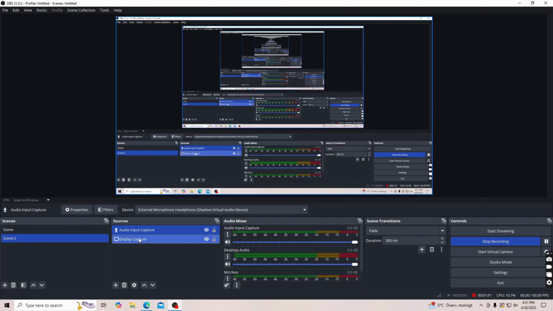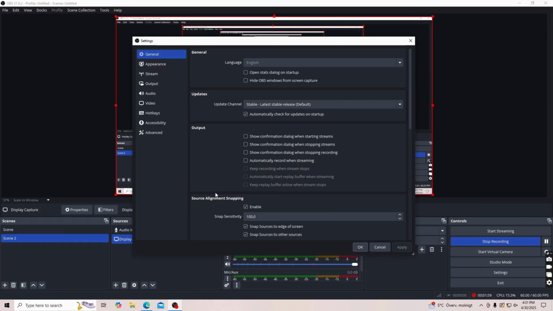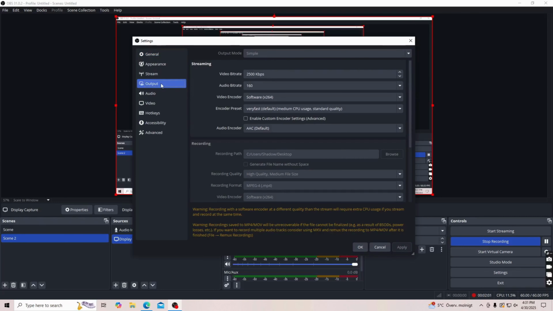So now the last thing, you're going to just click right here once again. So the last thing is going to be for you to just click on settings right here. And then it should now take you to this page, which is perfect. So as an example, we can take output right here, as you can see. So in here you can see video bitrate, audio bitrate, the software that the video encoder is going to be,